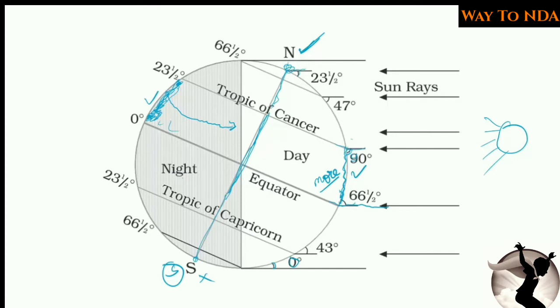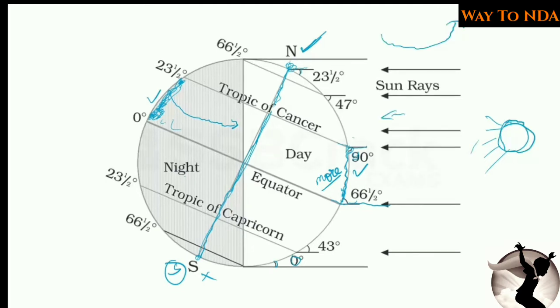So in this case the north pole will receive more energy. But we know that this is not a permanent case. Why? Because the earth is revolving around the sun. So now here you can see, after some time the earth will be on the east side of the sun, that is the sun will be somewhere here, and at that time the sun rays will fall in this direction. So in this case the south pole will receive more energy,